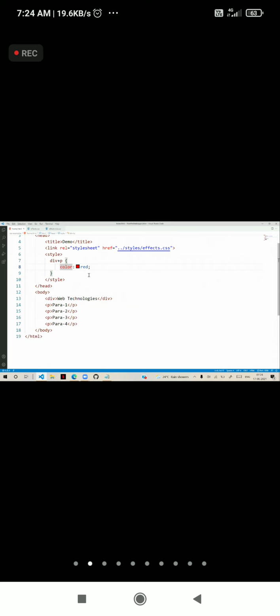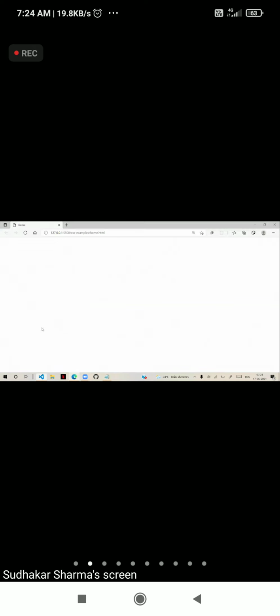Now it will apply to the immediate next occurrence. Now we have another symbol, tilde, that is general sibling. That means it will apply to all siblings. Now it is going to apply to all paragraphs under that heading.